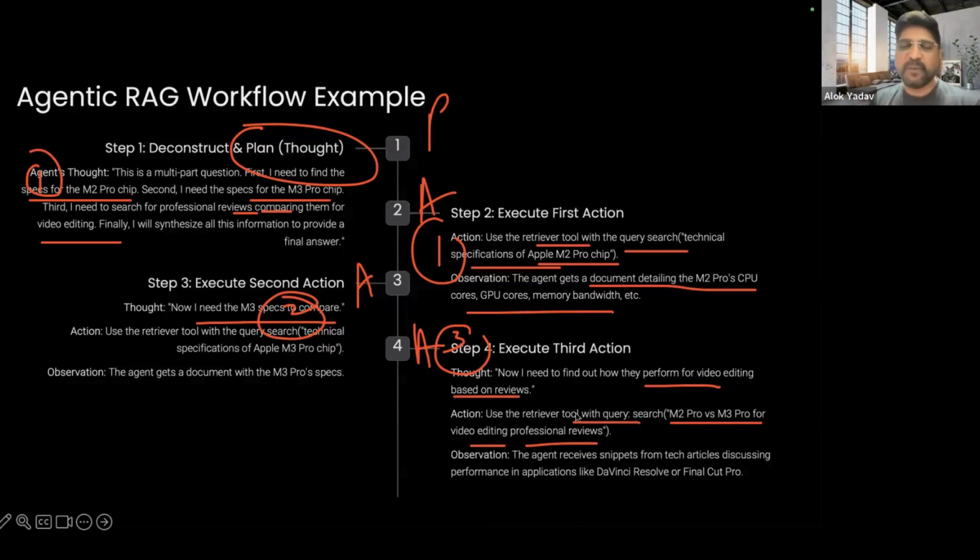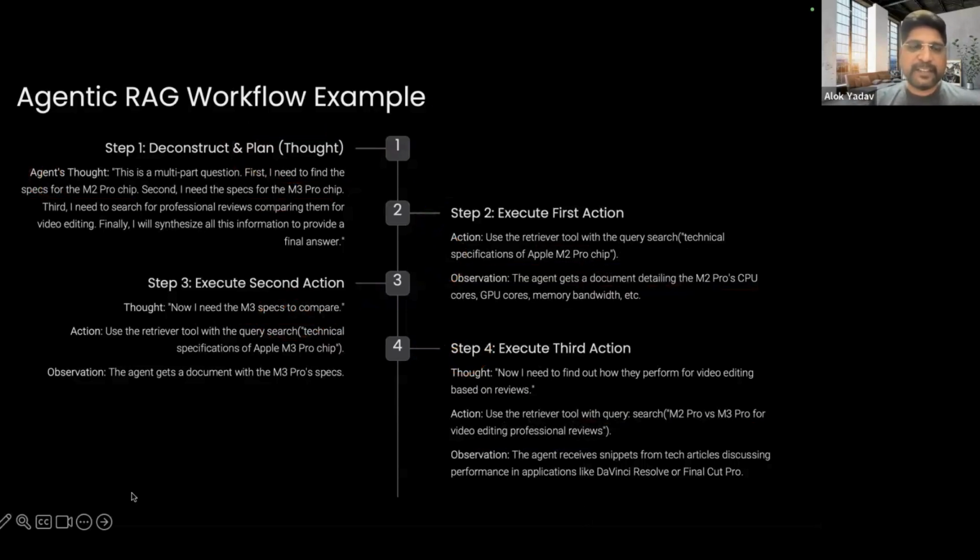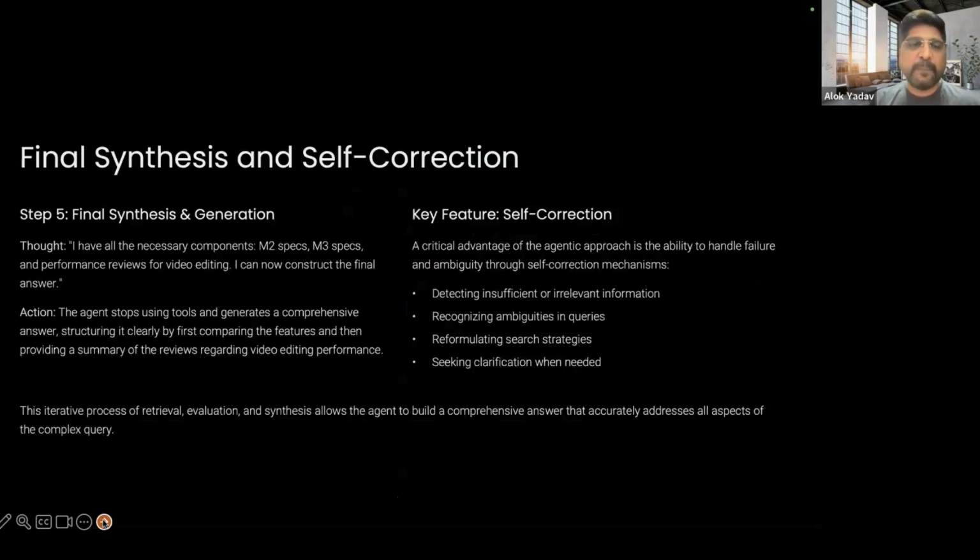This would be retrieving some information about the comparison of both of them. And after you have done everything, what is the next step? The next step would be to compare. Okay, step number 5 would be, okay, you got action 2, you got information search results for M2 Pro